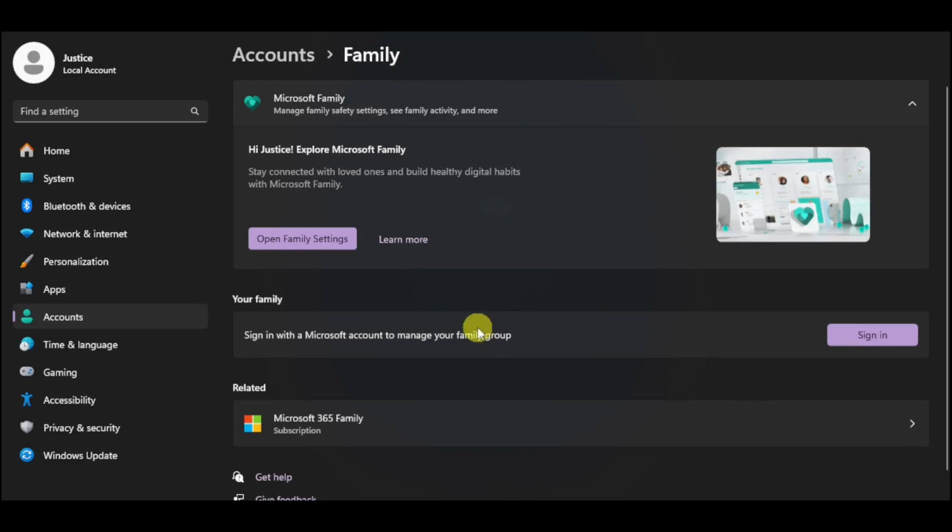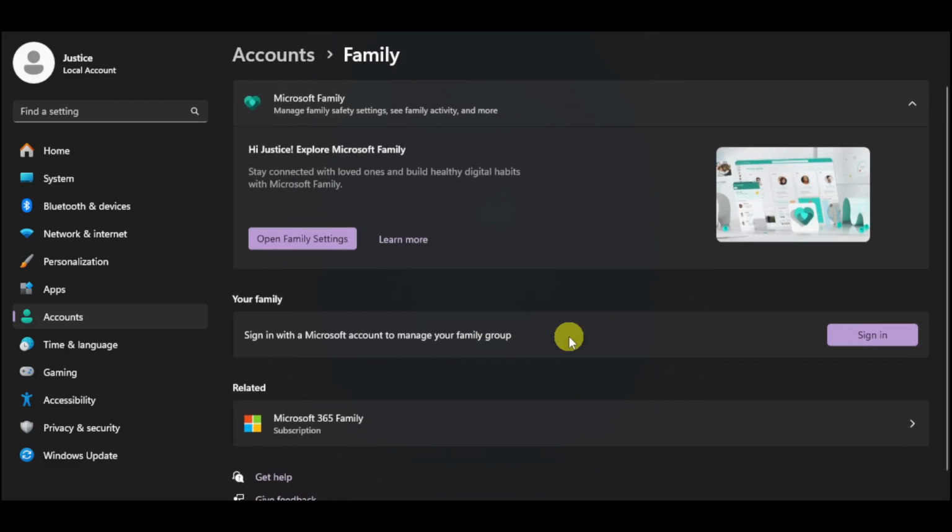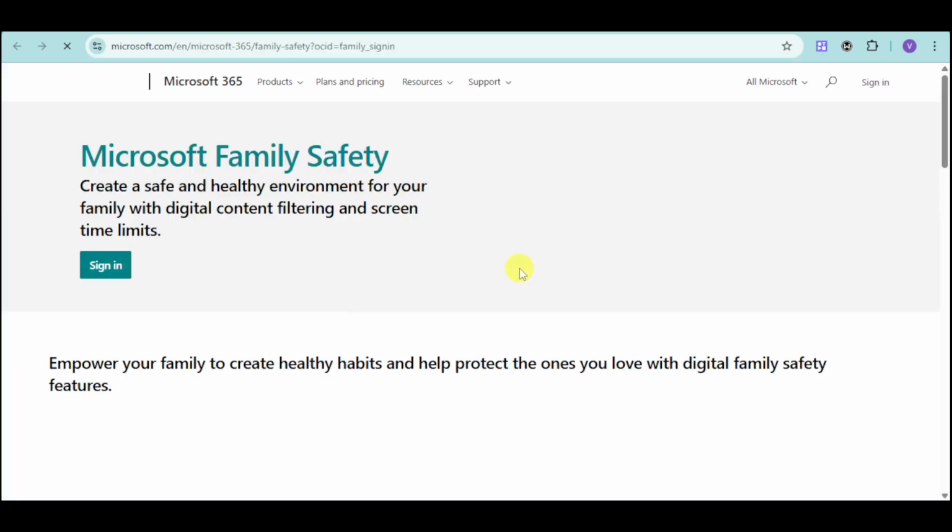And in here, if you have the family subscription, you can sign in with your family account. Now, in order to manage that or remove the parental controls, you need to make sure that you have the password for the accounts needed. It will be removed using the administrator and not the user accounts right there. So make sure to sign in, open your family settings, and it should be able to actually help you to bypass this particular parental controls option.